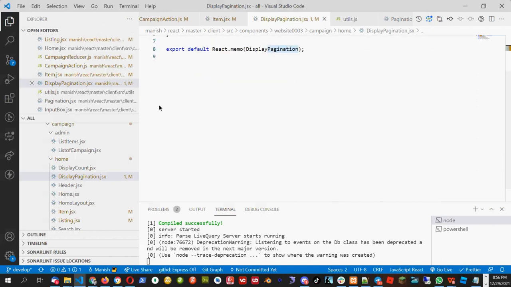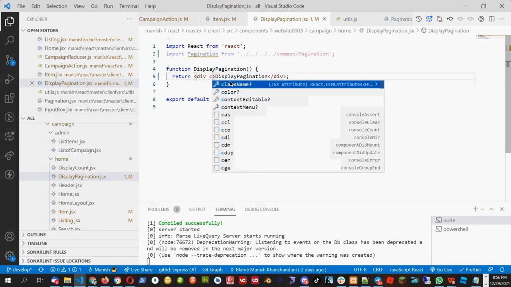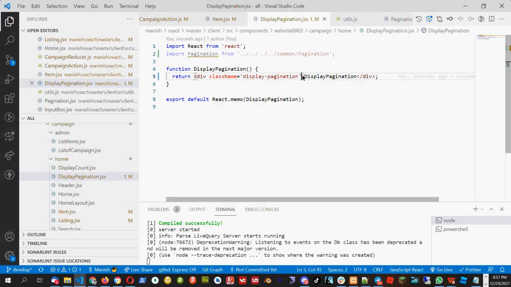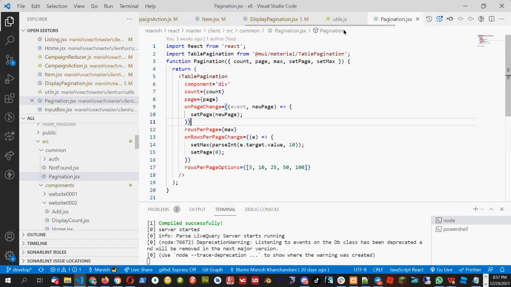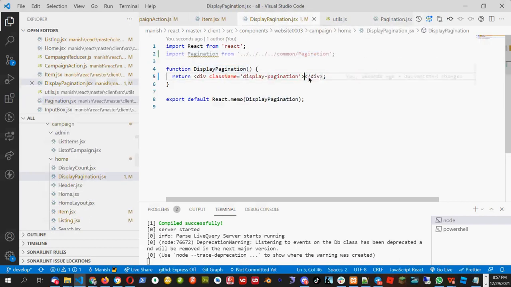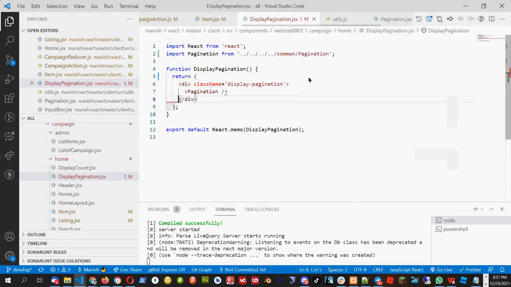And here I will call that pagination in this page. Let's name this div with class name equal to display pagination. And then here I will call the component pagination.